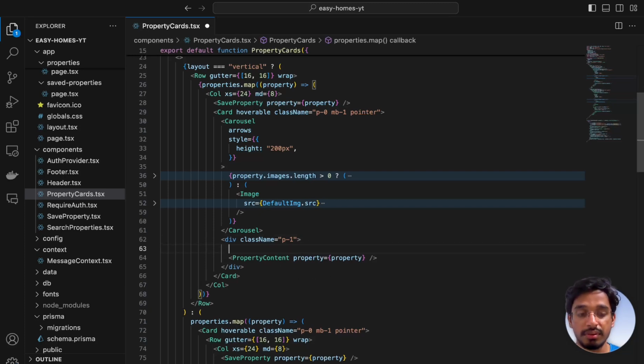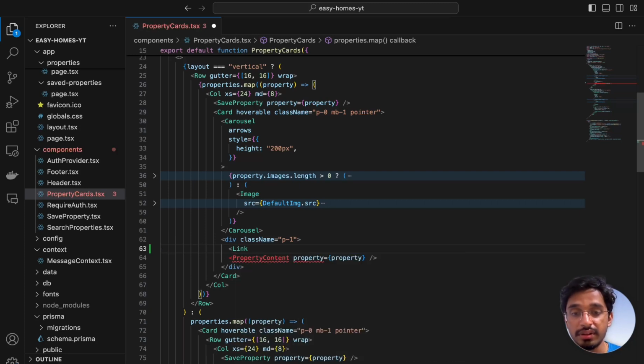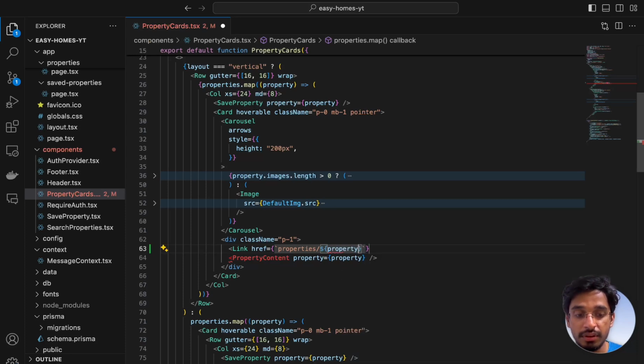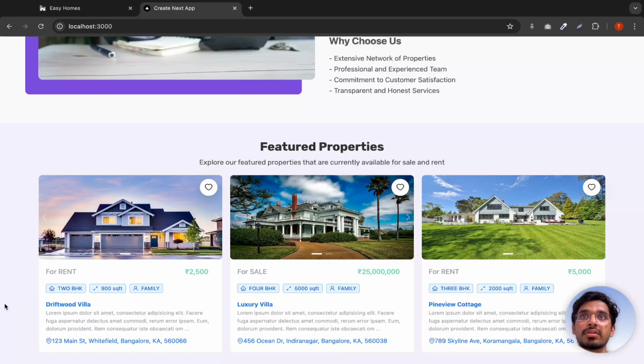Let us go here and import the link tag, and give it an href attribute. We can use backticks to render a dynamic string, so that is going to properties slash the id of the property, which is coming from property.id. Once that's done, we can close this link tag and put the property content inside that. Now when we go back to the property cards and click on any one of these,